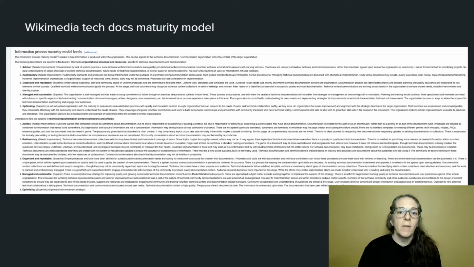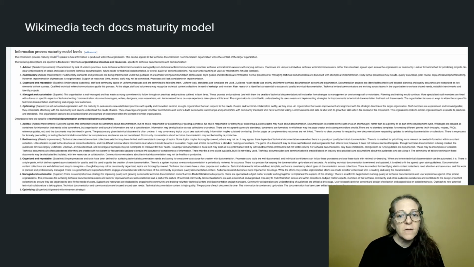We have one model to measure the maturity of our tech docs organization, which is the one in front of you. And then we have one model to measure the maturity and quality of processes around the tech docs. Some models might call these key process areas. Again, I didn't want to put words on those. I want to keep things very deconstructed for this initial model just to get us started. So you can think of ours as kind of a formal, informal model.